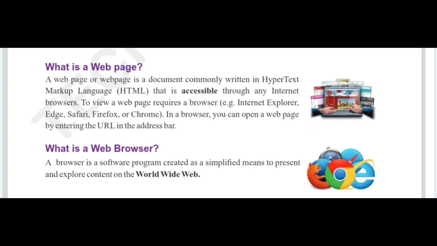So like that, we have more browsers we are using to browse the information in the World Wide Web internet. So this is the simple page: what is a web page and what is a web browser. I hope you have very good knowledge in using browsing and browsers. You are using mobile phones, we are using Google Chrome and Mozilla Firefox to download a file and upload a file. Hope you can understand, there are no doubts.